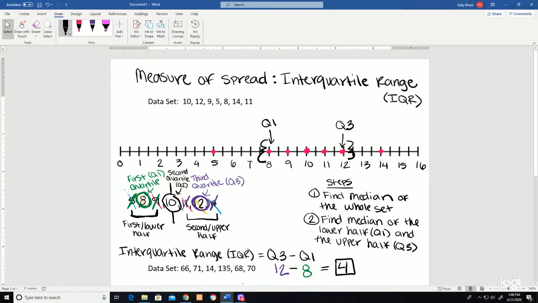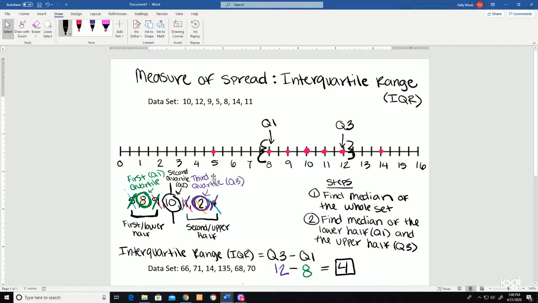All right, so that's where that number comes from, and it comes in handy when you're trying to make box plots, which I'll have a video about here in a little bit. These numbers come in handy when you try to make a box plot, which is a visual representation on a number line, kind of like what we did here, of your Q1, Q2, and Q3. Okay,